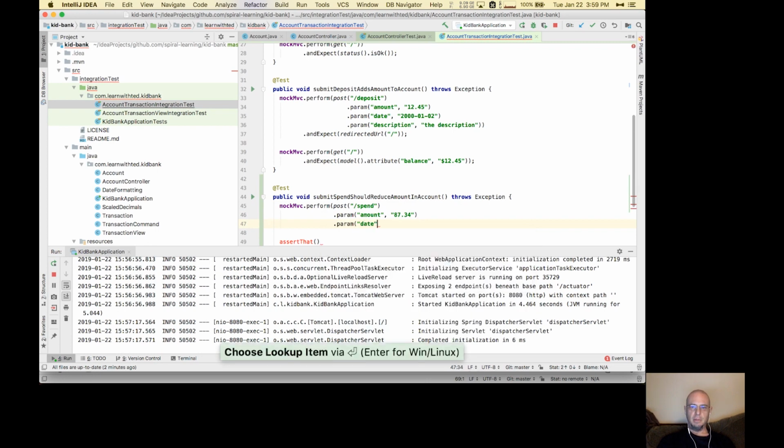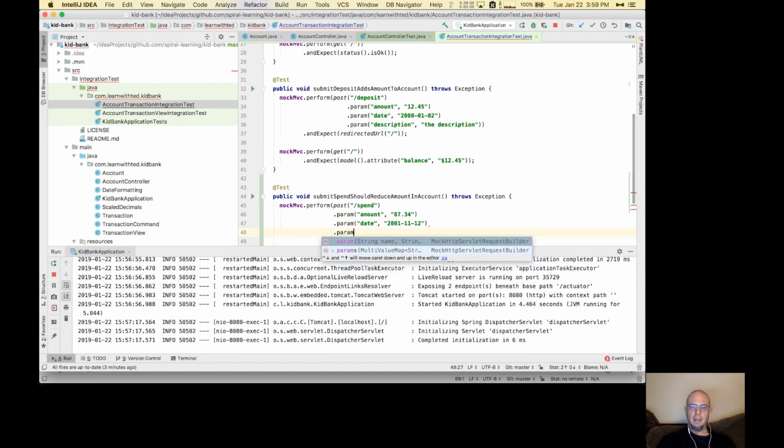The date we will put in. And so what I found out yesterday is this is the date that would be coming in from a browser. So it is year, month, day, in terms of all the digits and separated by dashes. So put in 2001, November 12th. And